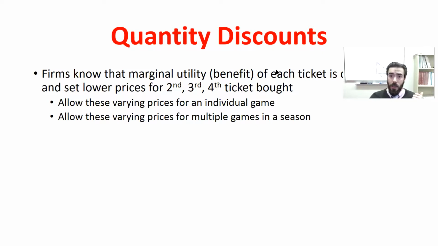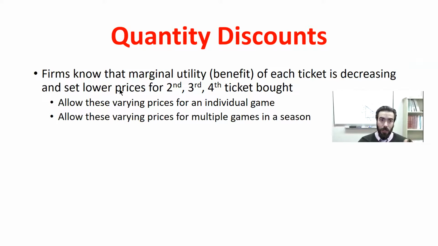So the final thing we'll go through is quantity discounts, right? So same kind of idea. We know that the marginal utility derived from tickets for each consumer decreases the more that they buy, right? So you could think about this on a per game basis. Maybe I buy tickets to go to one game, bring one friend, but to bring two friends I've got to buy 3 tickets, and I don't value that nearly as much. Or I could think about it on a season level basis, where I value going to the first game a lot more than I value going to the second game, right? We can think about quantity across the season as well. Either way, this principle applies, okay?